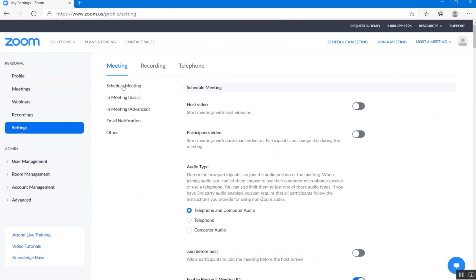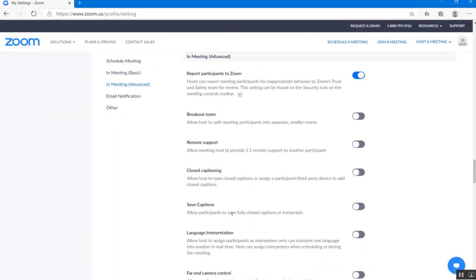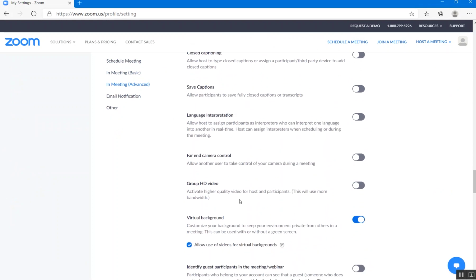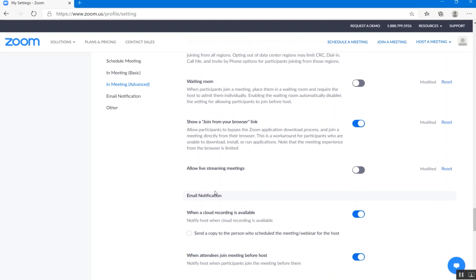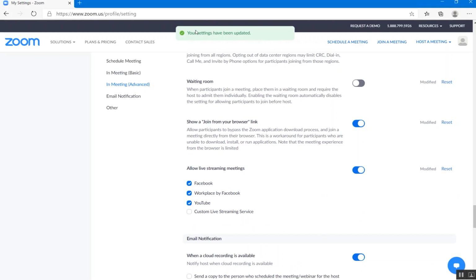In Settings, on the right side, you can see a number of options, and there is an option called In Meeting. If you scroll down a little bit, here is an option: Allow live streaming meetings. We have to enable this option. Currently it is disabled, so we'll click it, the option will be enabled, and it will be automatically saved. Over here you can see that your settings have been updated.